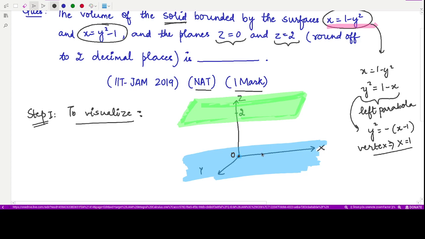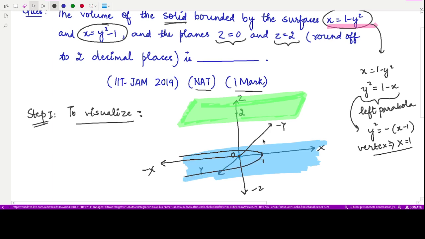So suppose this is the coordinate 1 here. Let me draw the negative x-axis also. This would be the negative x-axis, this would be the negative z-axis and this would be the negative y-axis. So accordingly our parabola would be what? A left parabola if we ignore the z-axis. If we are talking about only the x and y plane, that would be just the simple parabola which is passing through this point.